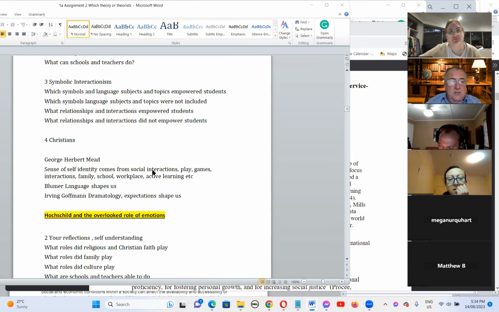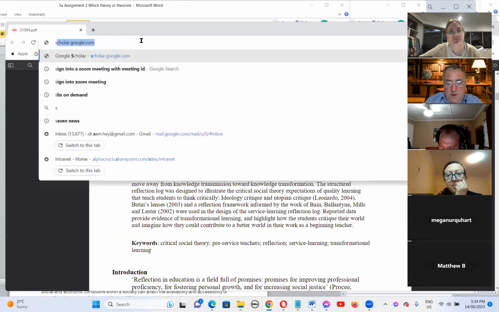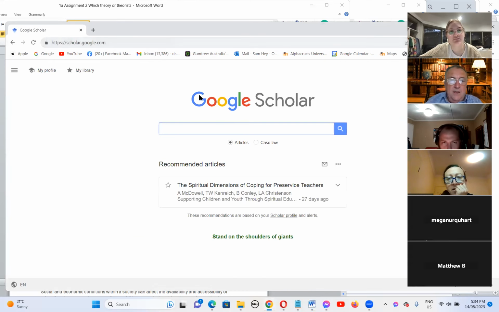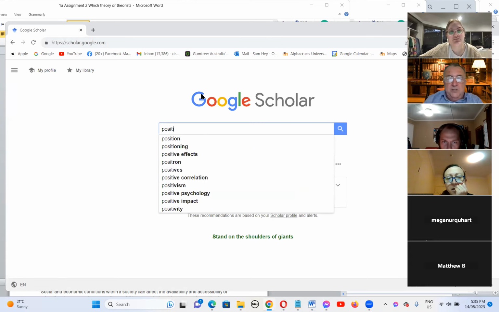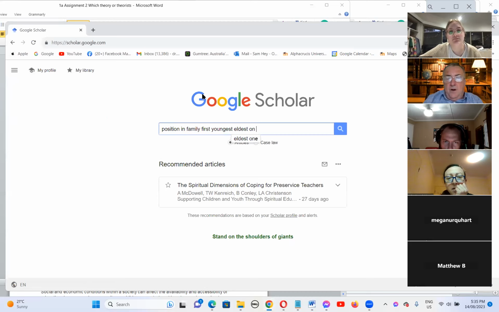And one of the really useful theory sources is Google Scholar. So if you go to Google Scholar and you put in position in family, first, youngest, eldest, on pedagogy and school outcomes, personality, identity, put in all of those sort of things that you're interested in.